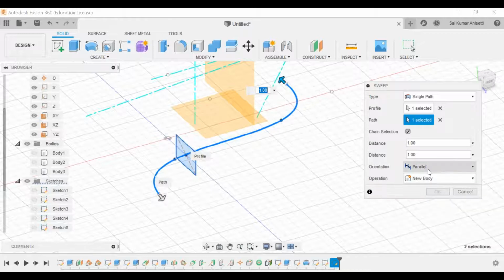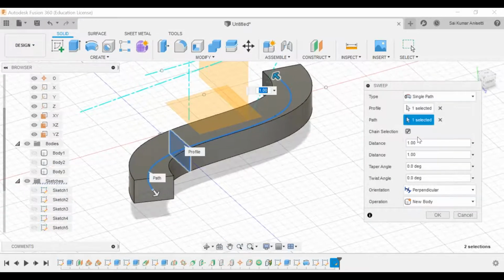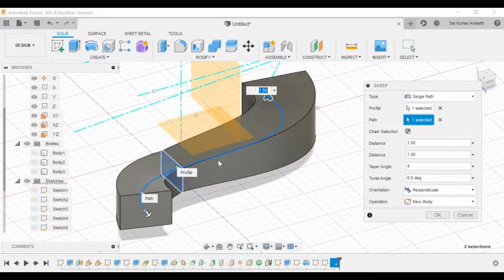And see, parallel to this plane only you can get smoother curves. Now I have drawn it perpendicular. Parallel planes are even easier to draw. And if you want to have a taper angle, just specify along this one end, so I'll mention taper angle as 4 degrees. If I want to have a taper angle of 4 degrees, that is how it takes.